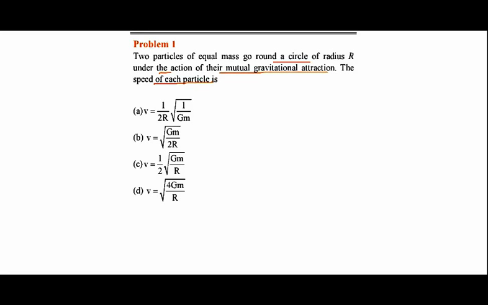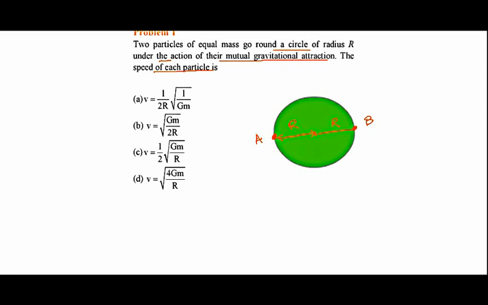So first thing that we are going to do is draw a diagram. Say for example, this is the circle along which the particles are going. Say this is some particle A, this is some other particle B. The radius of the circle is given to us as R. So this will be R, this will also be R. Is this fine? Now as they are going on a circular motion, say A is directed over here and let me say B is directed in this direction.